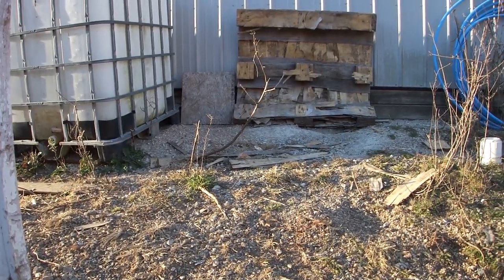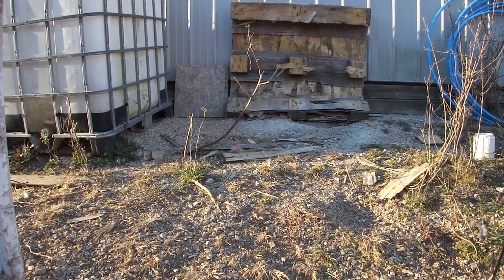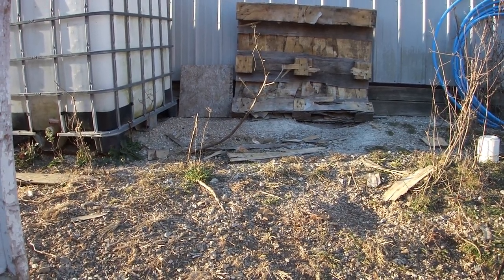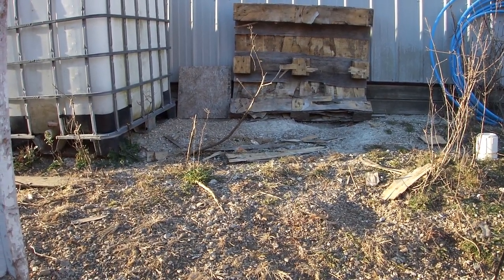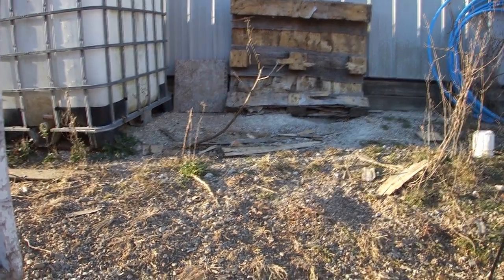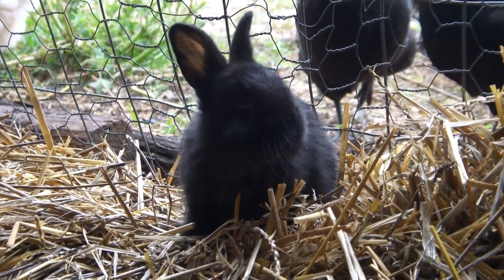So Acrobat is the only doe we have who has chestnut kits. And last time she had babies, she buried them in a burrow until they were like 3 or 4 weeks old and really cute and young. And then she let them out of the burrow into the colony, and they were out, and it was amazing